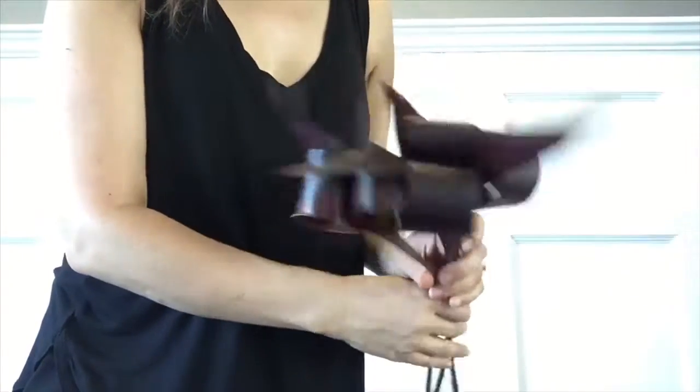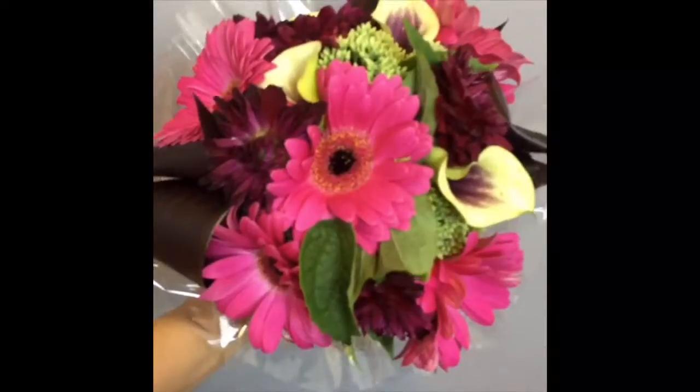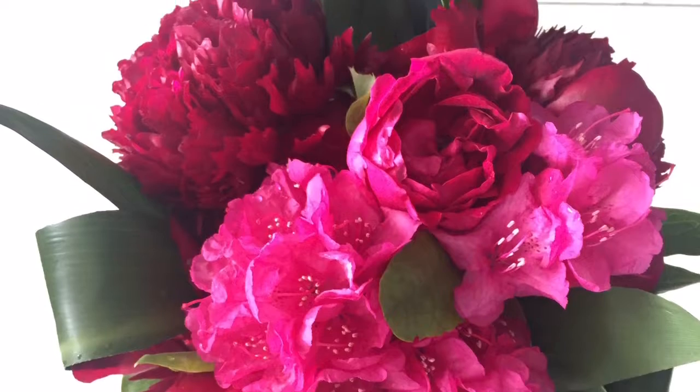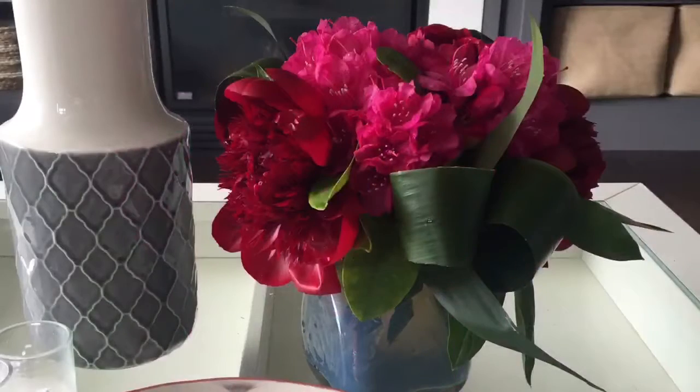Okay, so here are your finished leaves. You can add these to your bouquets and your arrangements. I think they add a lot of visual interest, texture, volume, and you can just have fun with it and get creative. If you'd like to learn how to make a bouquet using these leaves, I've linked a video in